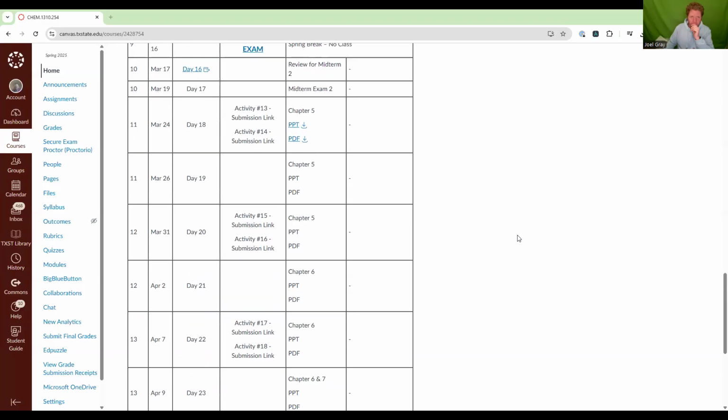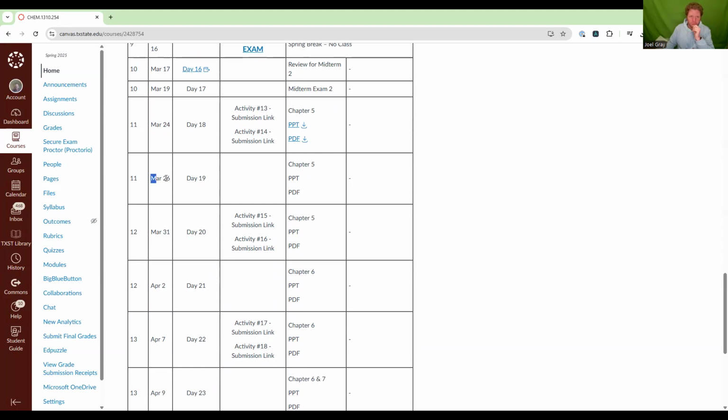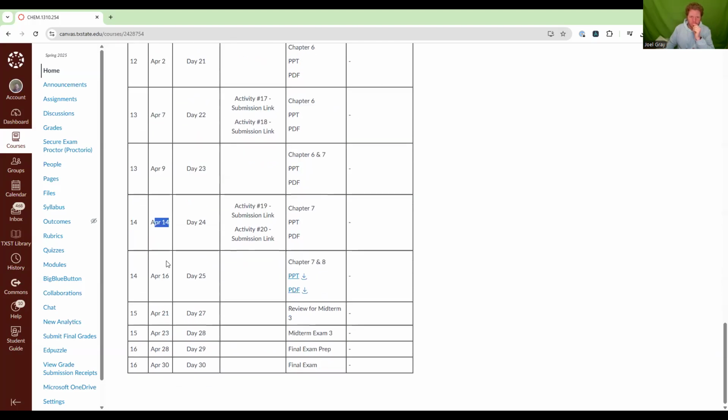So if you look at the calendar here, this is my display of what we've got. Today is March 24th. We've got one, two, three, four, five, six, seven, and then 8 days of new content